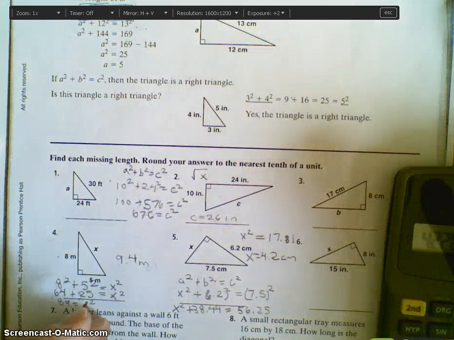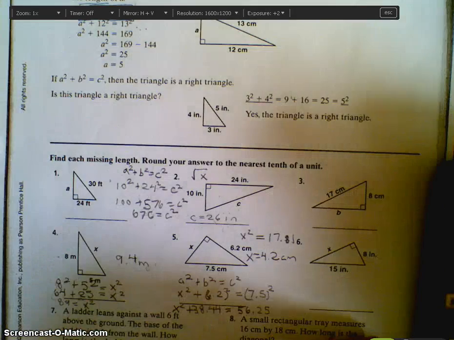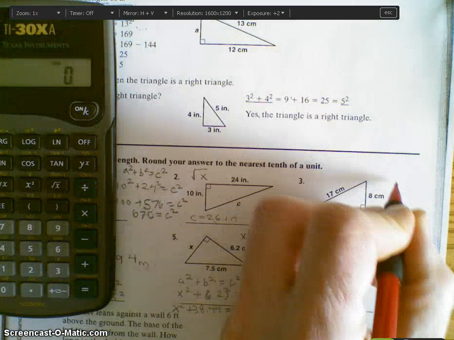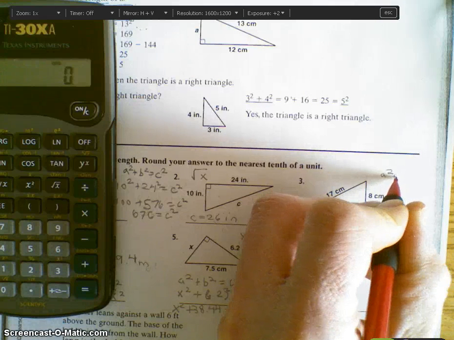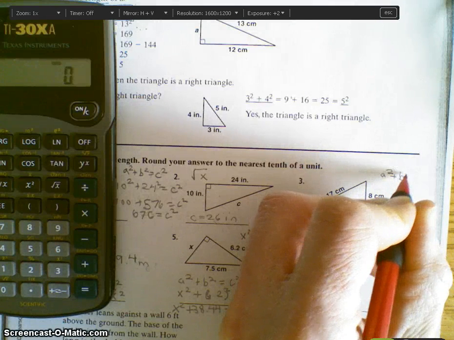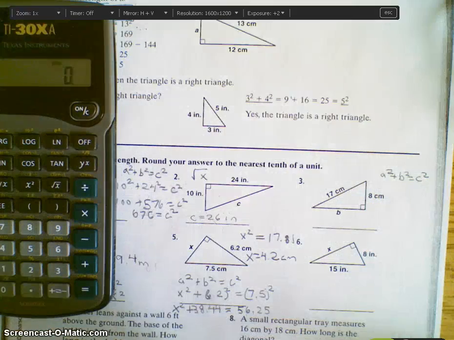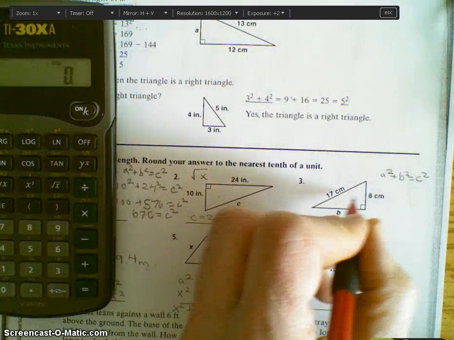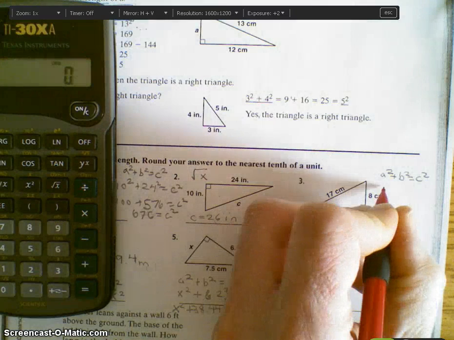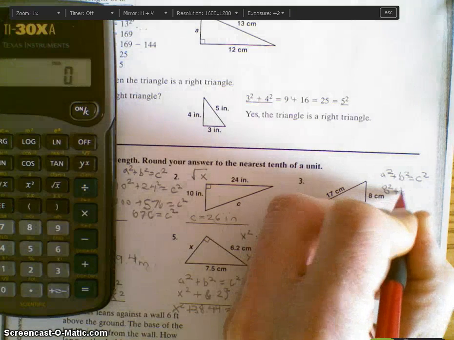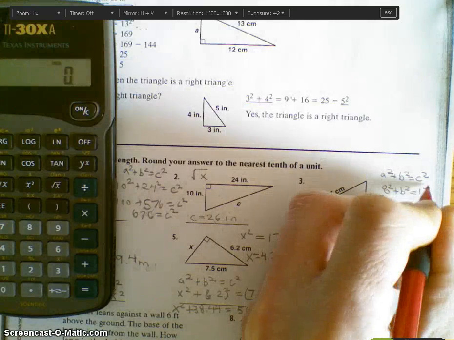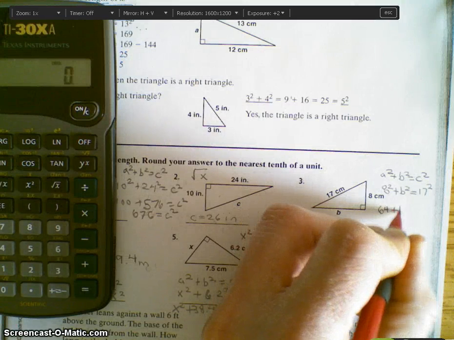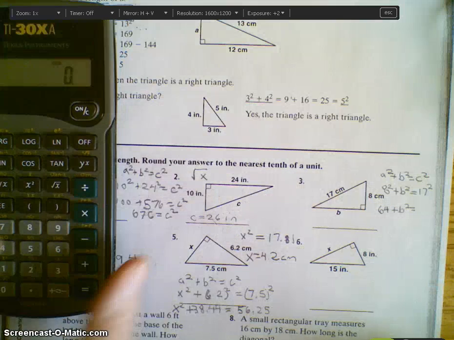Got to do one more like that over here, problem number 3. So again, I'm doing a squared plus b squared is equal to c squared. Now you're probably tired of me saying that. That's what we're going to keep on doing here. And in this case here, we have b. We might as well just leave it as that. So it's going to be 8 squared plus b squared is equal to 17 squared. So 8 squared is 64 plus b squared is equal to 17 squared. 17 squared is going to be